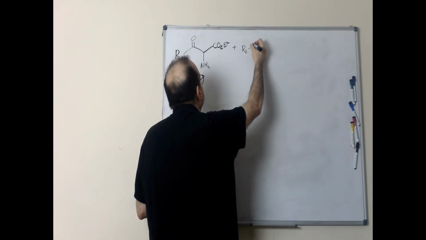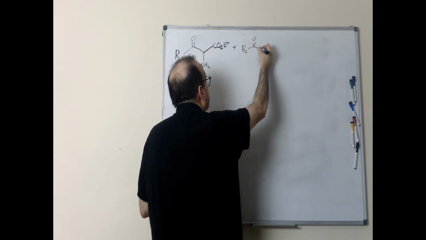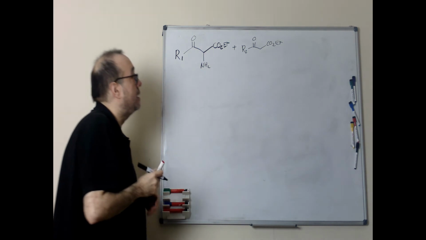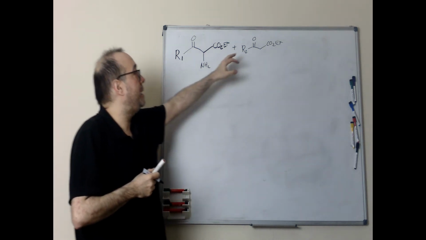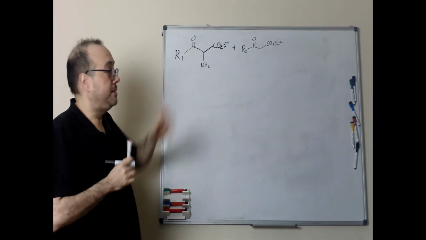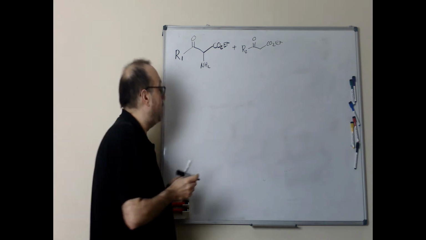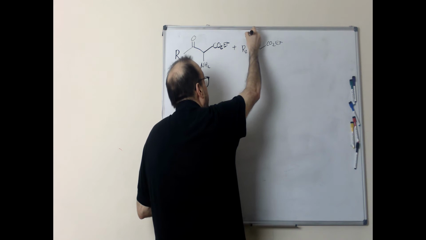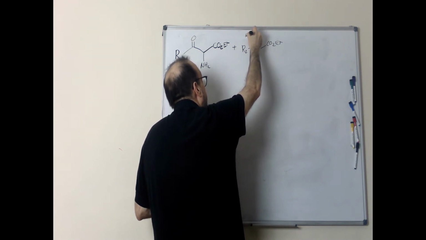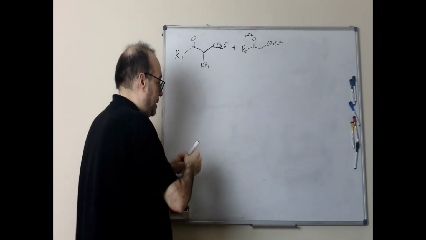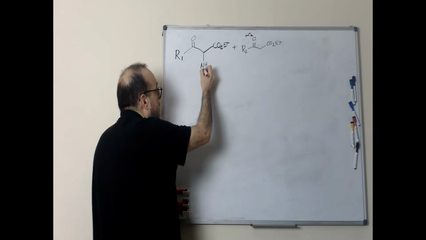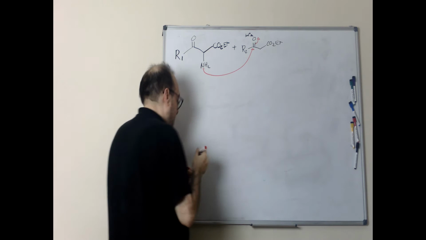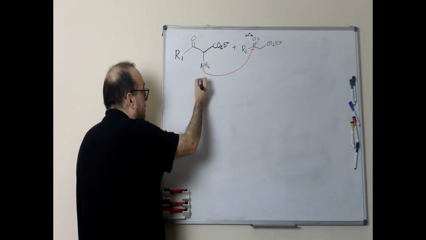Okay? That could be a new amino ketoester, or basically the same that we started with. What is happening is that we are in acid media. That means that we protonate the carbonyl group, and then the pair of electrons of the amine are attacking this, and what we generate